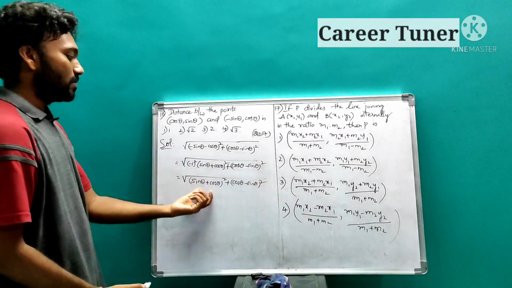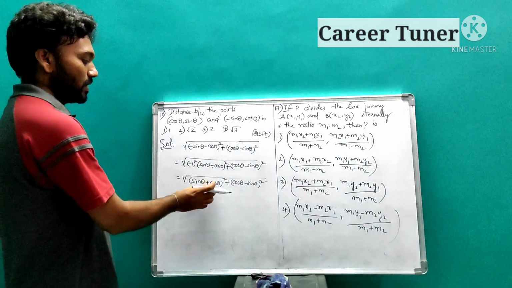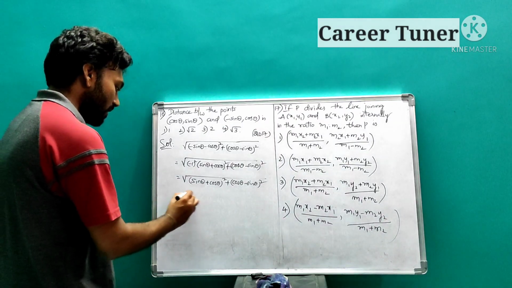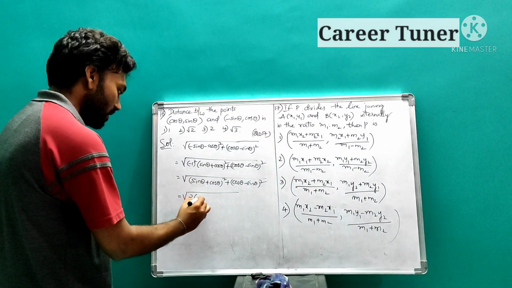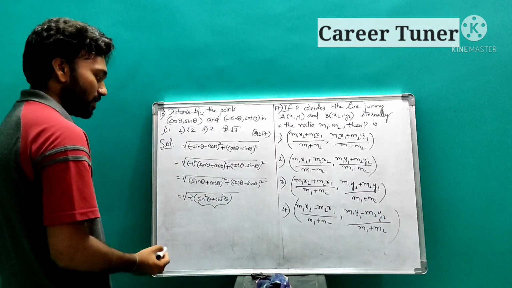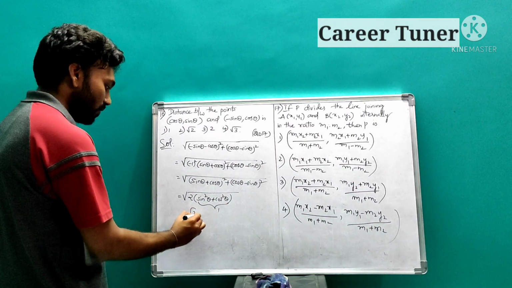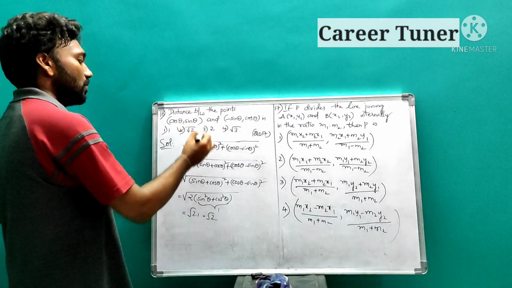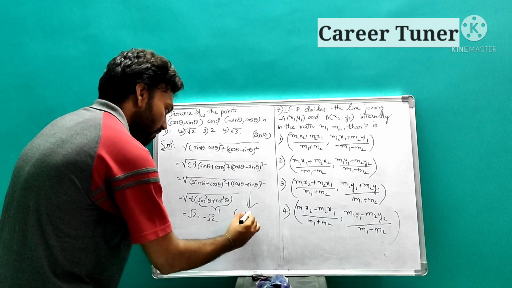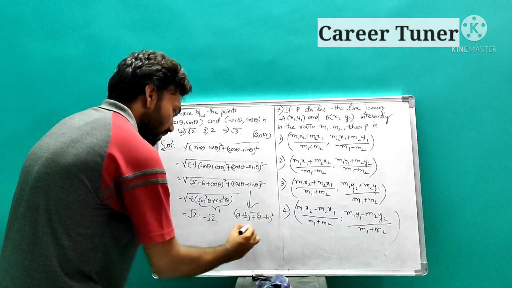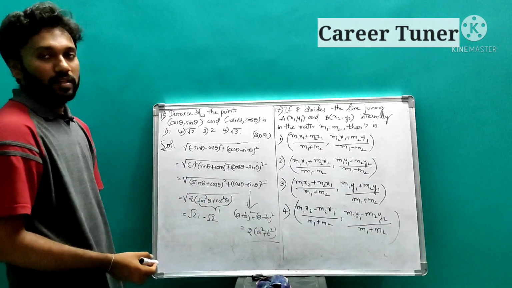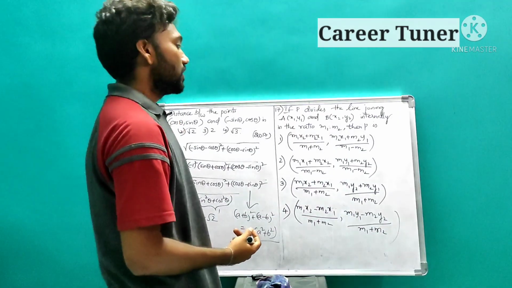Now do one thing, this is a plus b whole square plus a minus b whole square. So what is a plus b whole square plus a minus b whole square? Nothing but 2 times a square plus b square, in the sense nothing but sin square theta plus cos square theta. What is sin square theta plus cos square theta? Nothing but 1, so root 2 into 1 is nothing but root 2. So root 2 is our answer. If you want, I will write the formula regarding it. Look here, a plus b whole square plus a minus b whole square is equal to 2 times a square plus b square. It will save our time instead of simplifying all this.